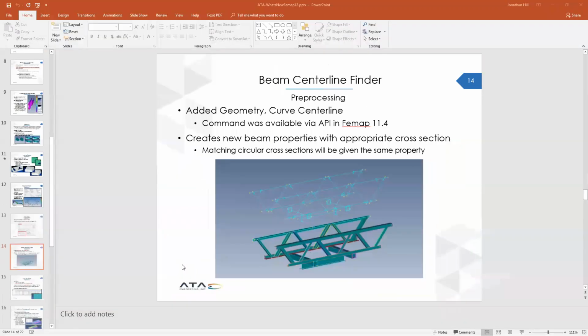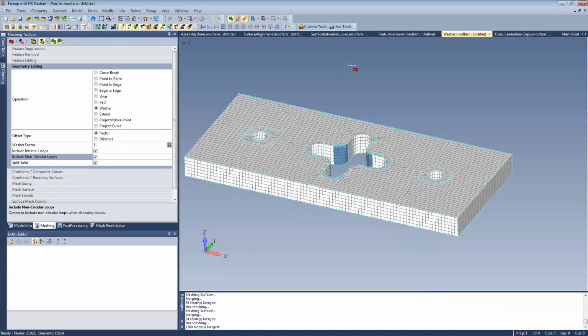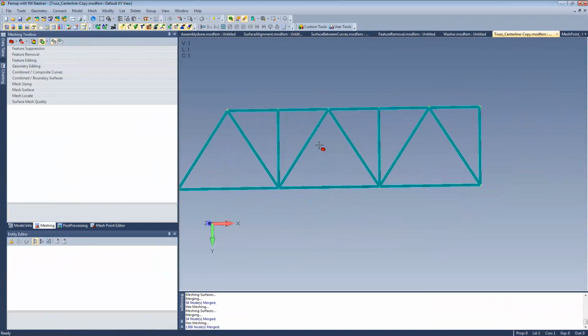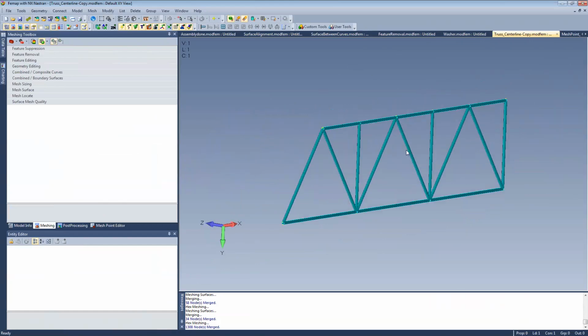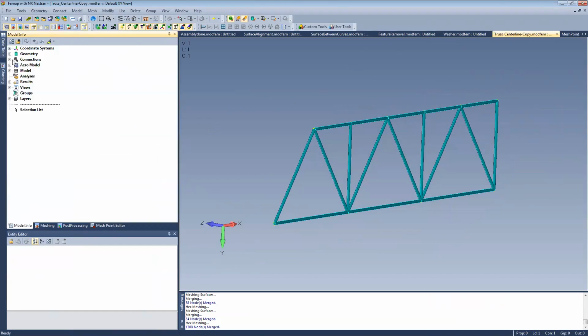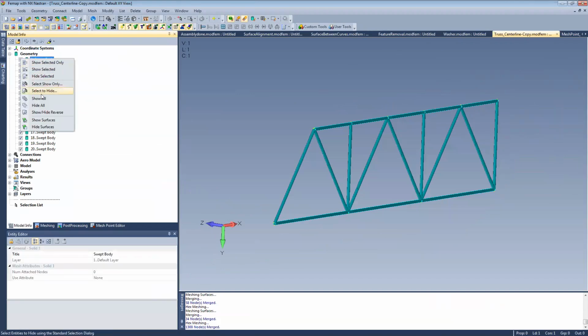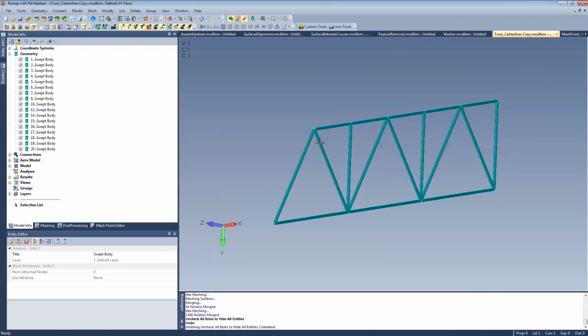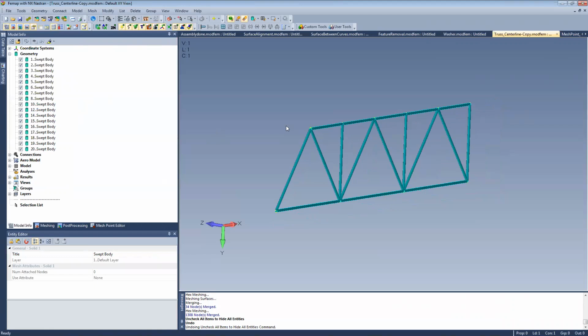So let's take a look at this in action. So I'm going to hop back over to Femap 12 now. And what I have here is just a quick, simple truss structure that I made up. This is all geometry, so if I come in and I hide the geometry, there's going to be nothing left. So like there's no curves underneath this or anything. If I want to do a 1D mesh before, I would need to come through and I would need to